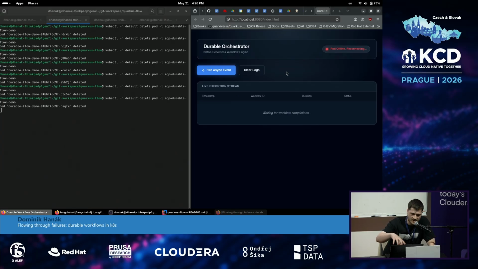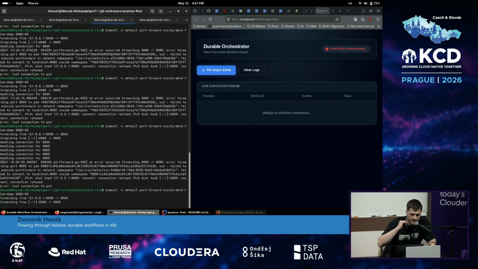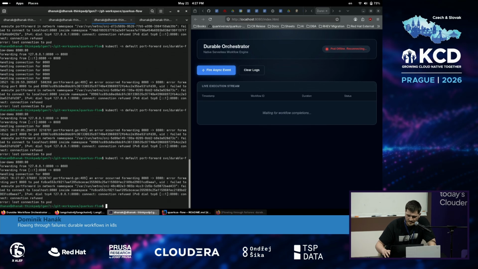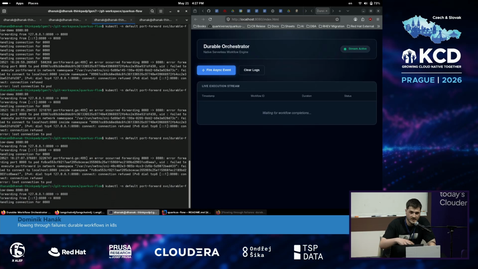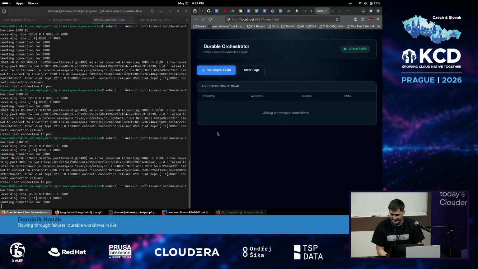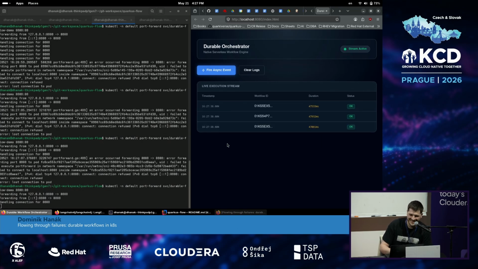So this console is using WebSockets to look for the workflows, and now I need to restart the port forward. This will probably take some time, but not much. So you can see it booted up pretty quickly again. And now, if everything works correctly, we should see a couple of workflows appearing here soon. So fingers crossed. I could have modified the delay to be not 30, but maybe fewer seconds, but yeah, now we can see